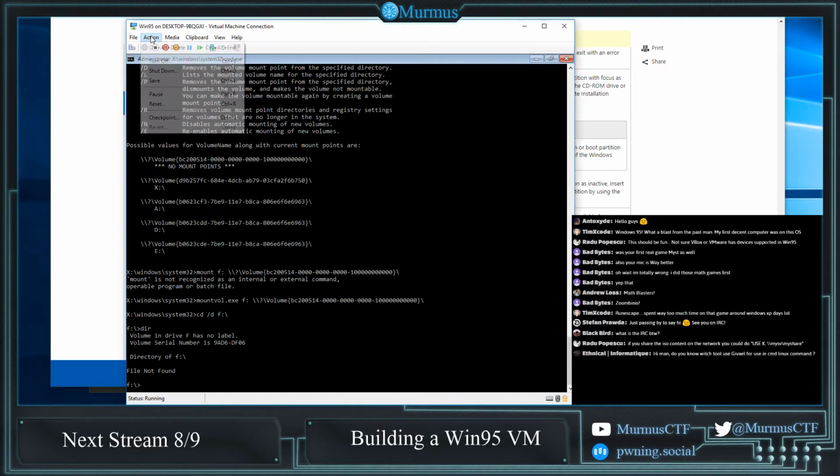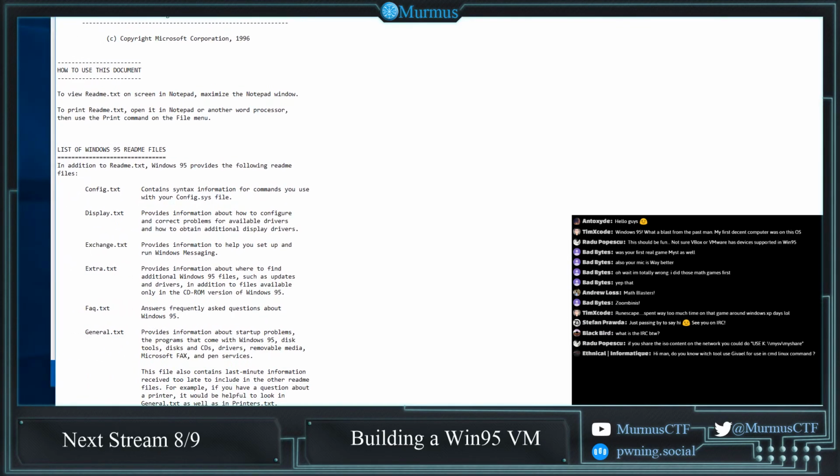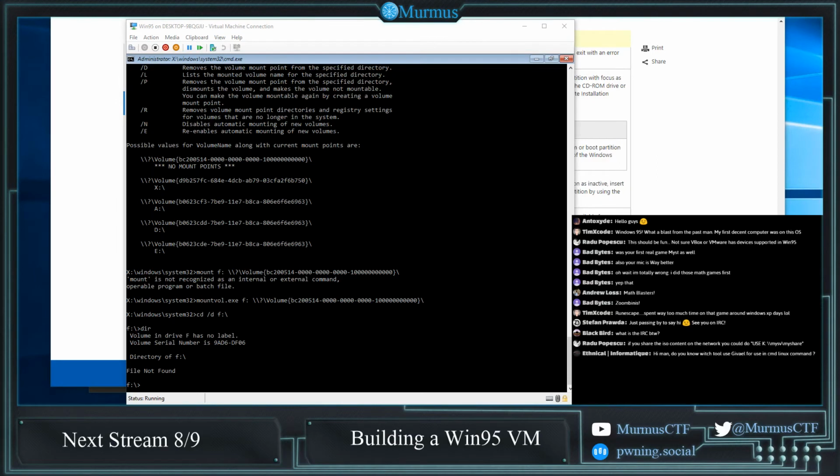So where did my ISO get to? Like this? So at the very least... Oh. See? This is Windows 95. At the very least, 7-zip is able to open this. If I share the ISO content on the network... Yeah, I'm thinking about that. Just using the network share. That's actually what I was thinking about just there. But I really want to know why. So, E